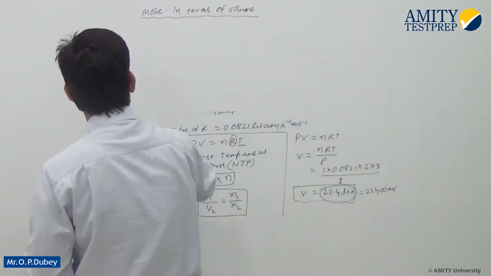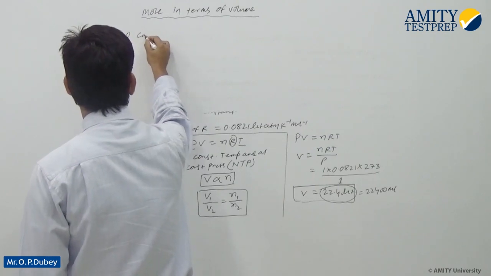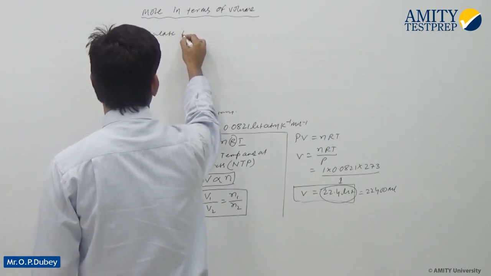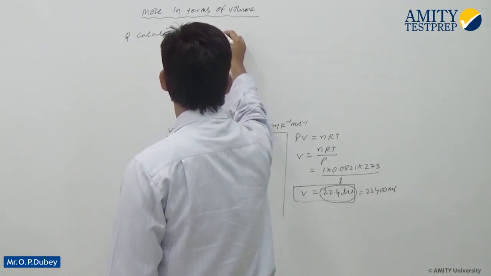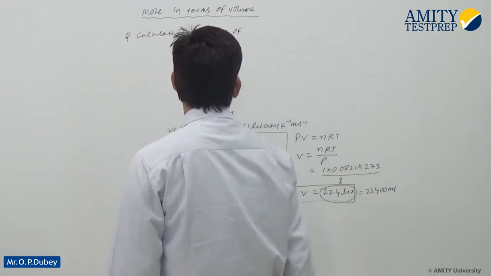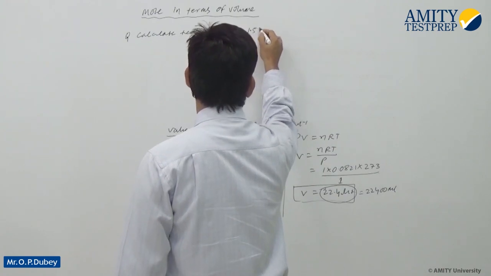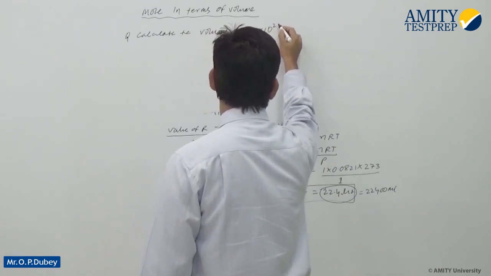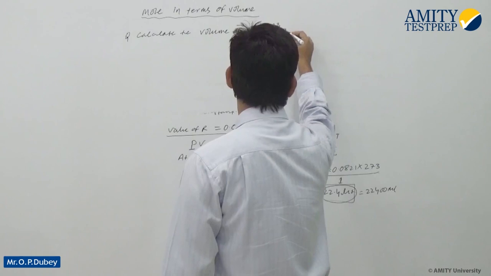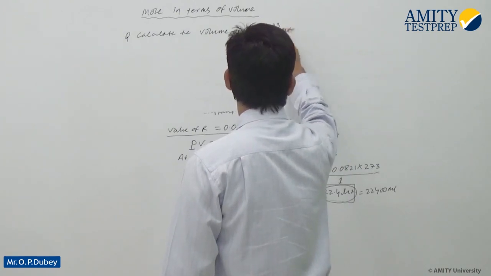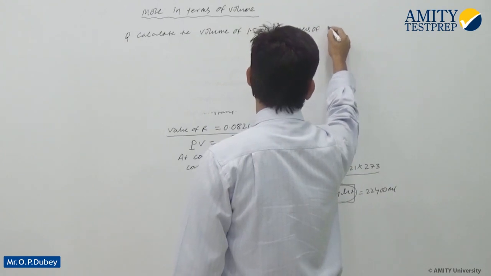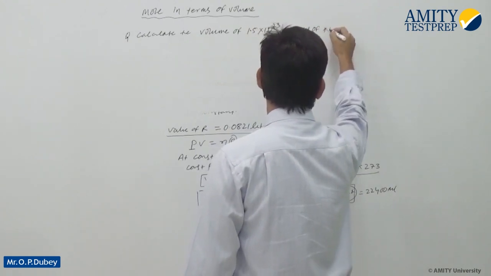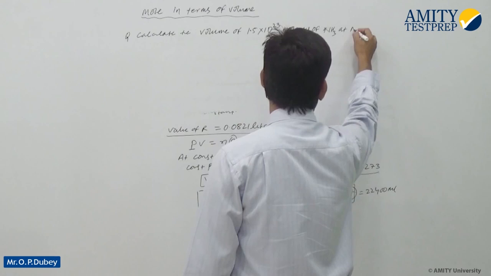Like, suppose calculate the volume of 1.5 multiplied 10 raised to the power 23 molecules of ammonia at NTP,